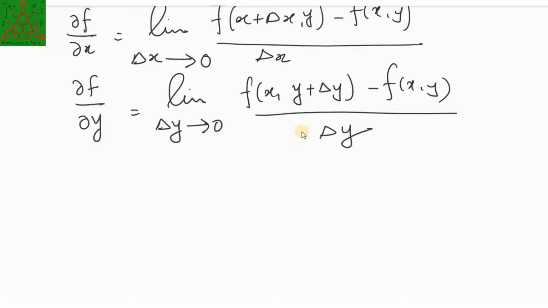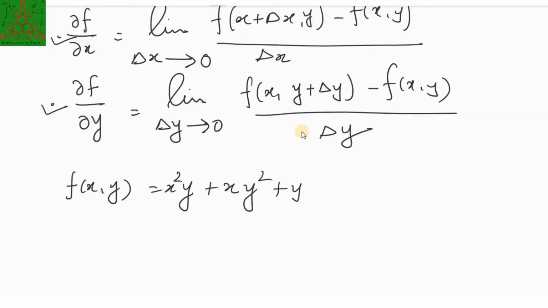As you know, the partial derivatives del f upon del x and del f upon del y are also functions of x y. So we can talk about their second derivatives. For example, if I consider f of x y as x square y plus x y square plus y plus 4, then what is the partial derivative of this function? Del f upon del x will give you